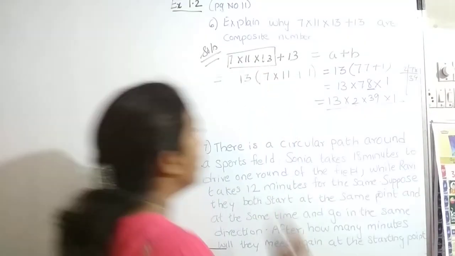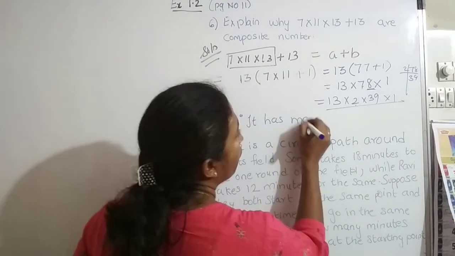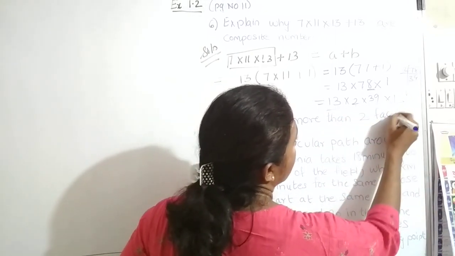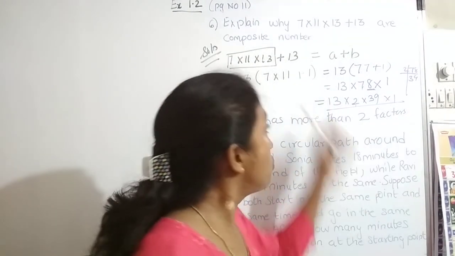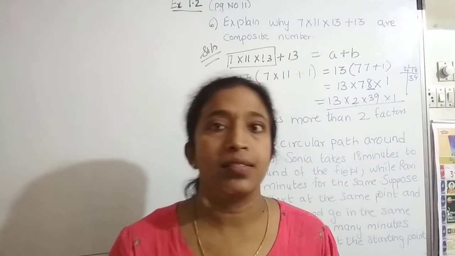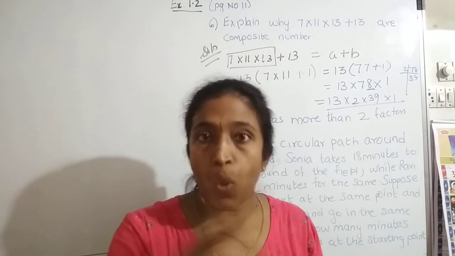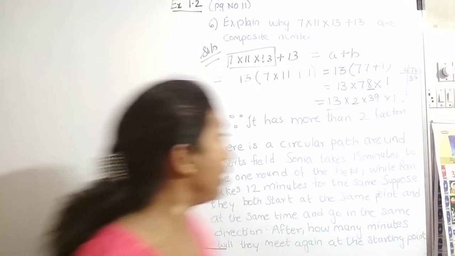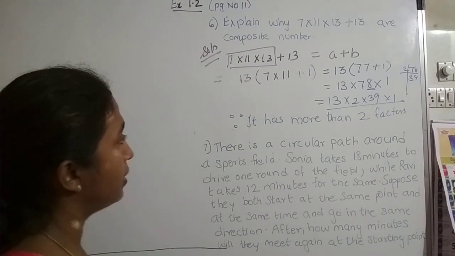So here we can say, since it has more than two factors, therefore it is a composite number. That's it. So here you don't have to solve it, you just have to split it and show that it has more than two factors. You don't have to multiply and waste your time. I hope this is clear. So composite number means you have to prove that it has more than two factors. Correct? Moving to the last sum of exercise 1.2, let's understand.